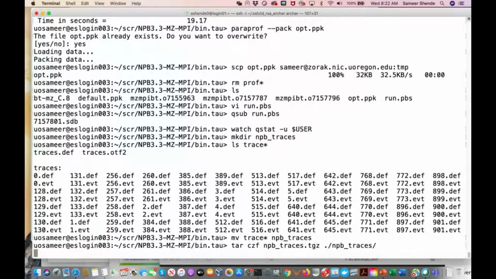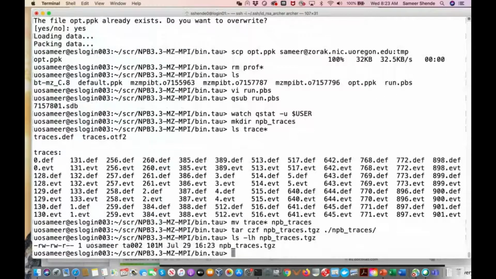Or maybe I should have used J instead of Z, but so I have a license of Vampire locally on my laptop, and let us see how big these are. So that's not too bad. It's 101 megabytes of compact traces, and